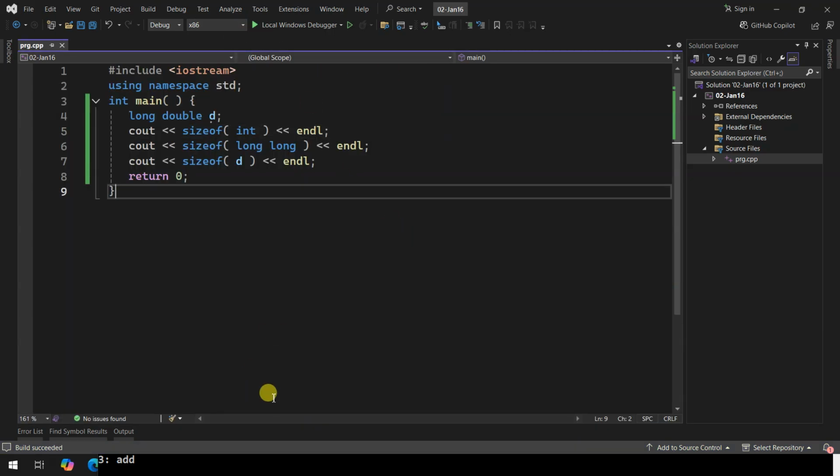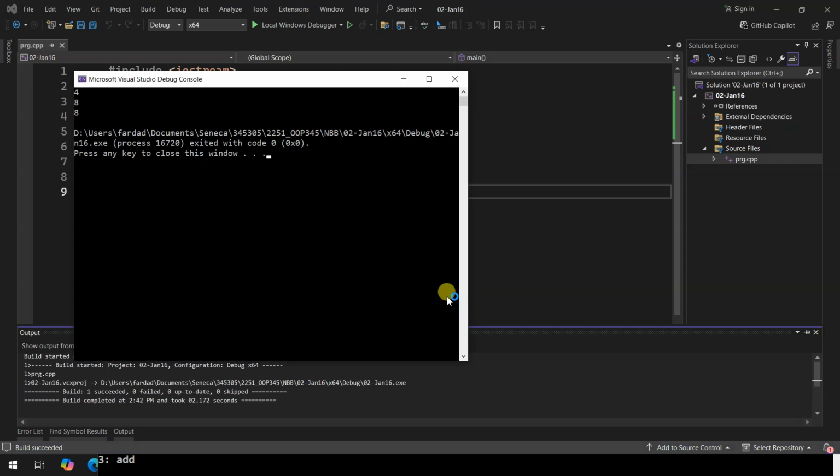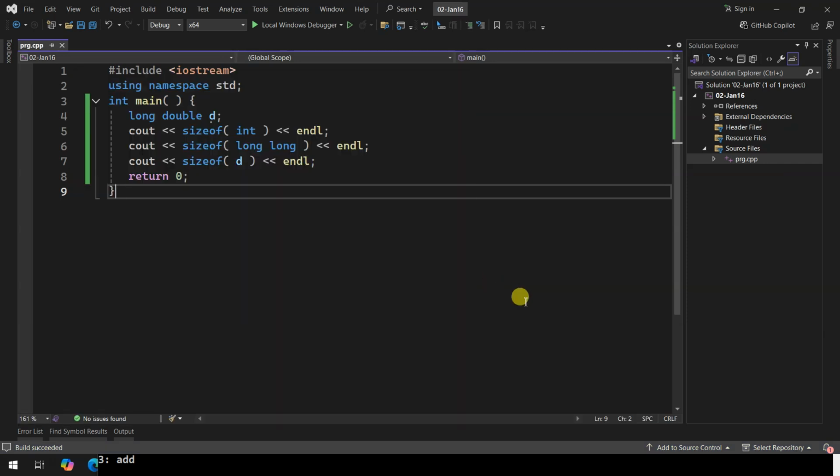Still 4. I know it's going to be still 4. The size changes depending on what the platform is, okay? So if you're running on a microcomputer, when I say microcomputer, I mean the remote control of a TV, and you're writing code for it, the integer over there might be 2 bytes. You don't know. Depending on your platform, the size will change. That's why we have sizeof.